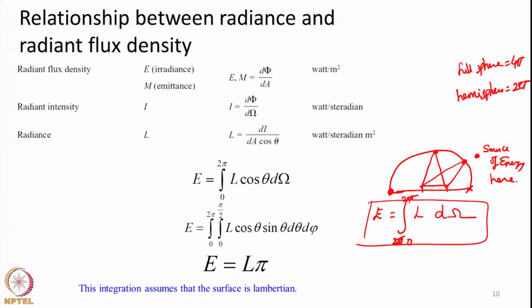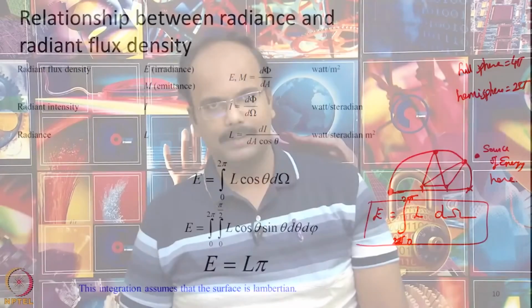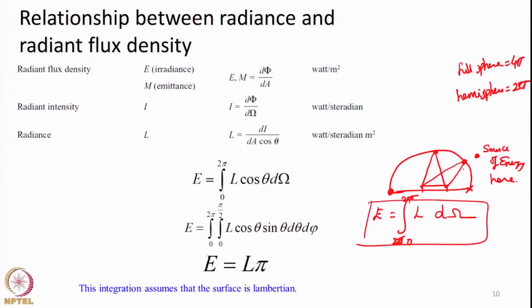But here comes one more tricky issue. Go back to the definition of radiance. In the definition of radiance, we spoke about projected area: whatever energy is coming in or going out, the area which is receiving or emitting the energy should be perpendicular to the direction of motion. Coming back to this particular example, when the object is here, the area should be rotated like this, in a direction perpendicular,